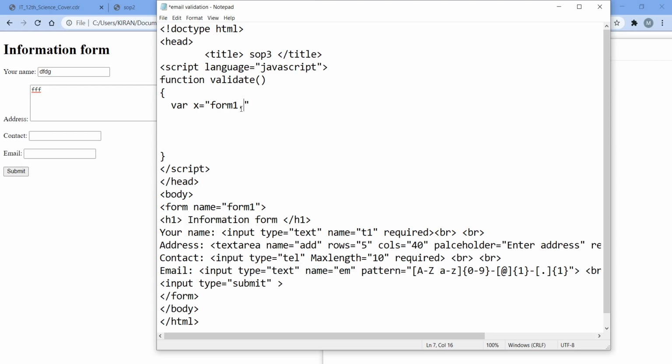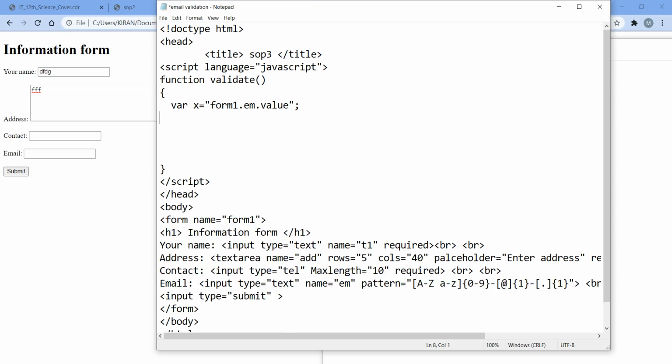So form1 dot em dot value. In this way we are going to store the HTML data in this JavaScript variable. So form1, then in that form1 there is a field with the name em, and the value within that em we are going to store in this x. That's why I have written form1 dot em dot value.